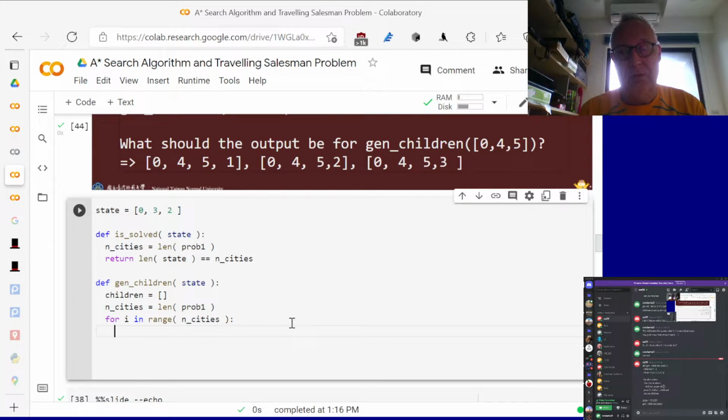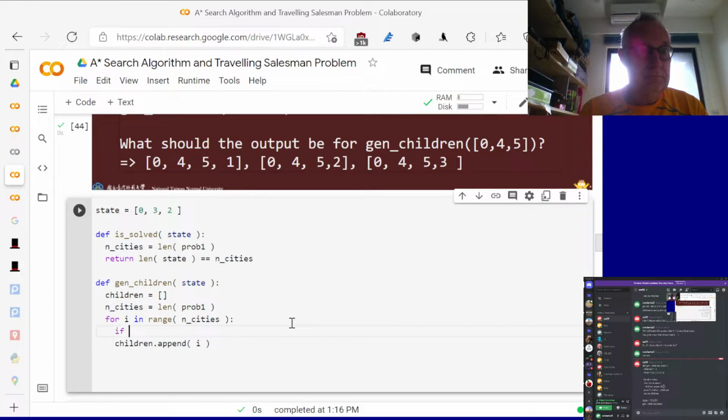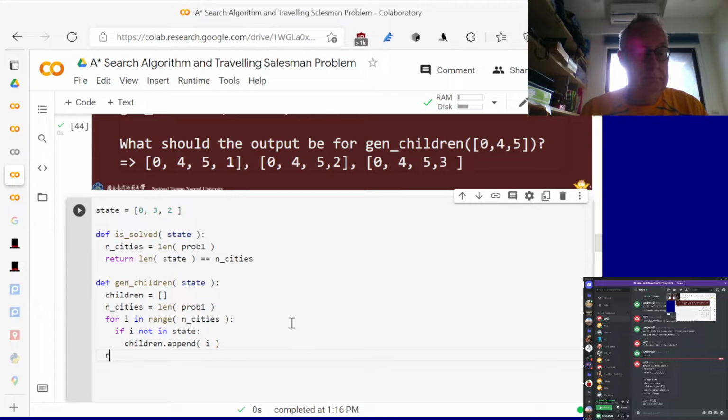But if you just write this, and then you call generate the children